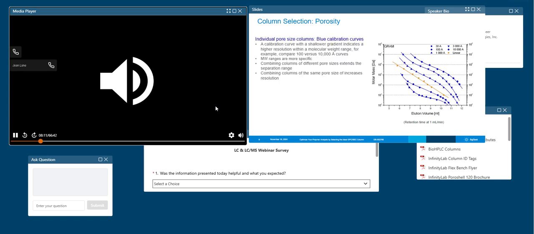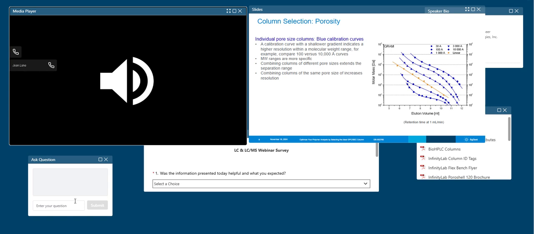For the individual pore size columns shown in the blue calibration plots, these will exhibit a calibration curve with a shallower gradient indicating higher resolution within a specific molecular weight range. For example, compare the 100 angstrom pore calibration curve to the 10,000 angstrom curve. The molecular weight ranges for these columns are more specific. Combining columns of different pore sizes will extend the separation range, and